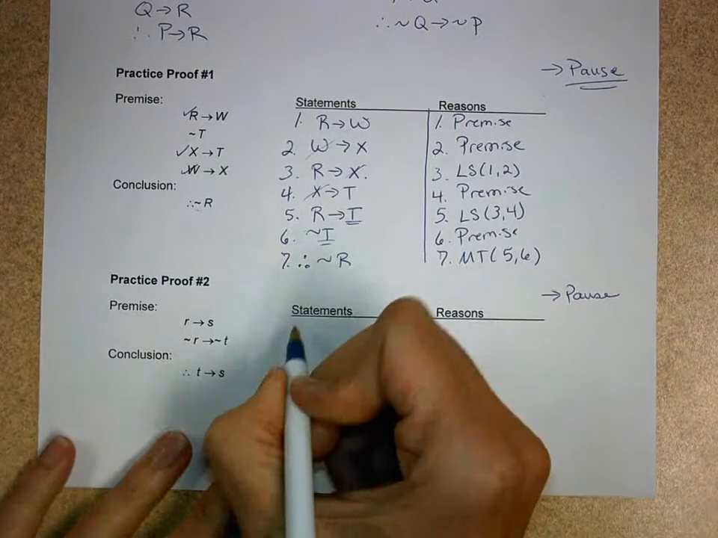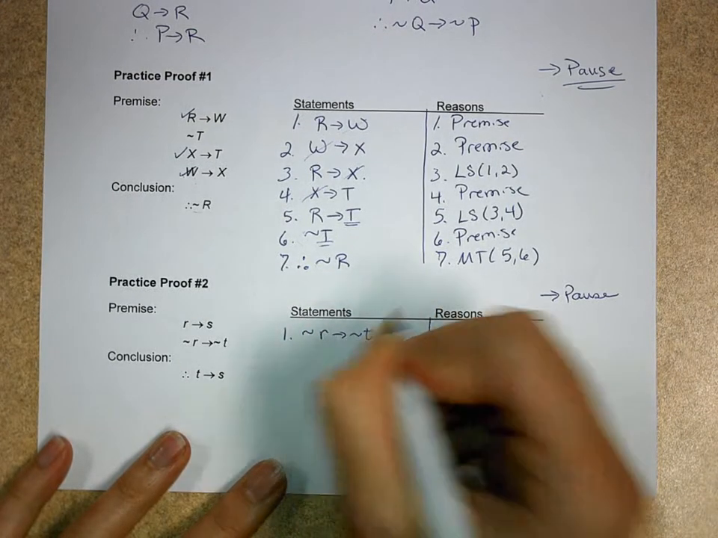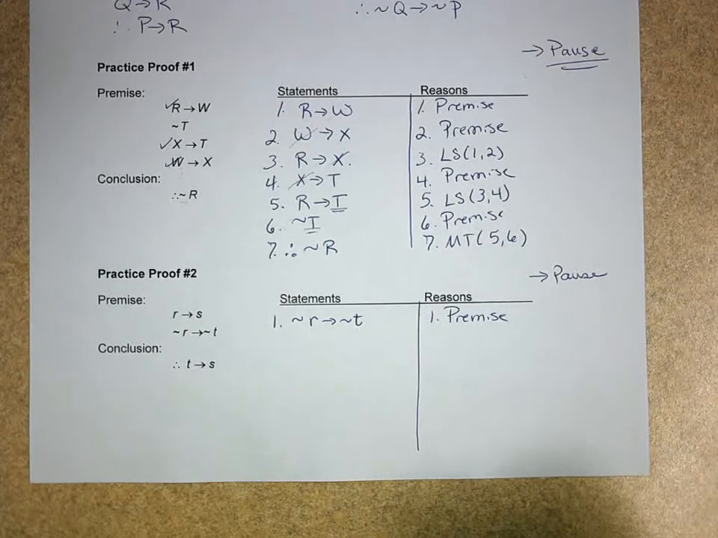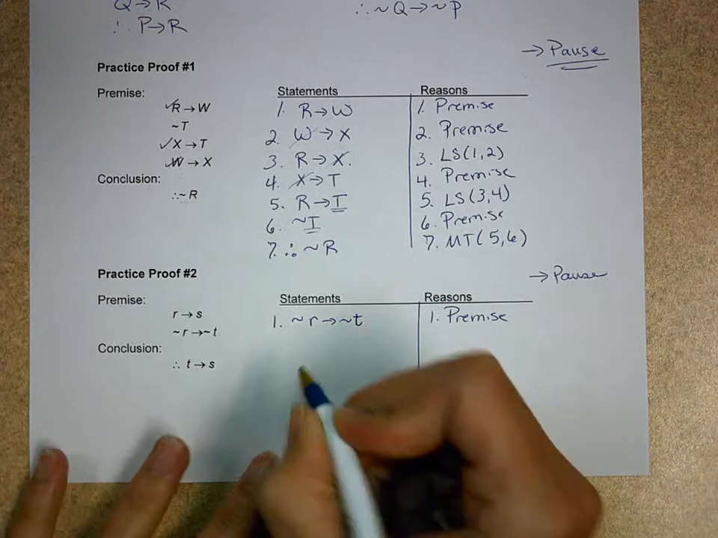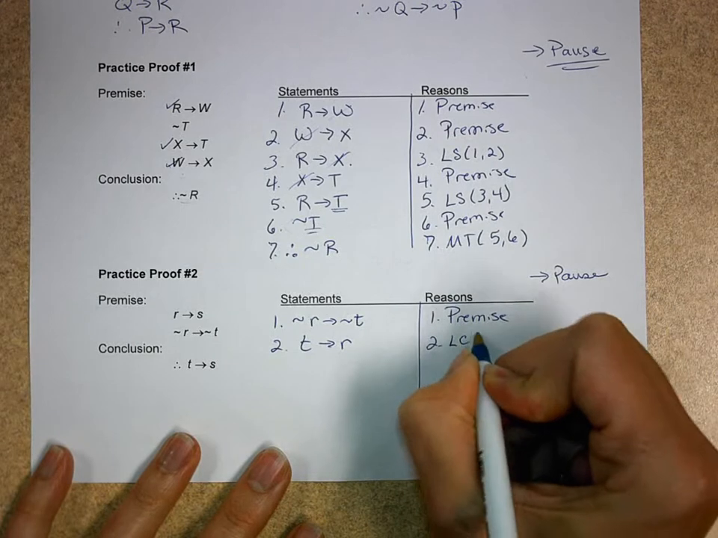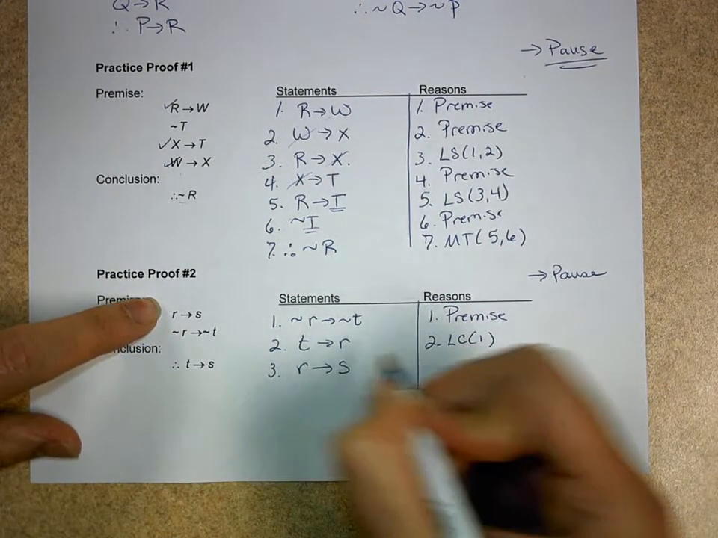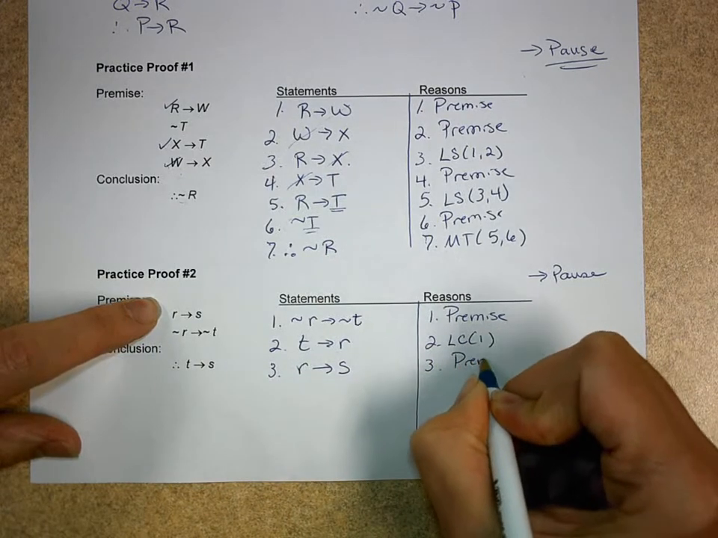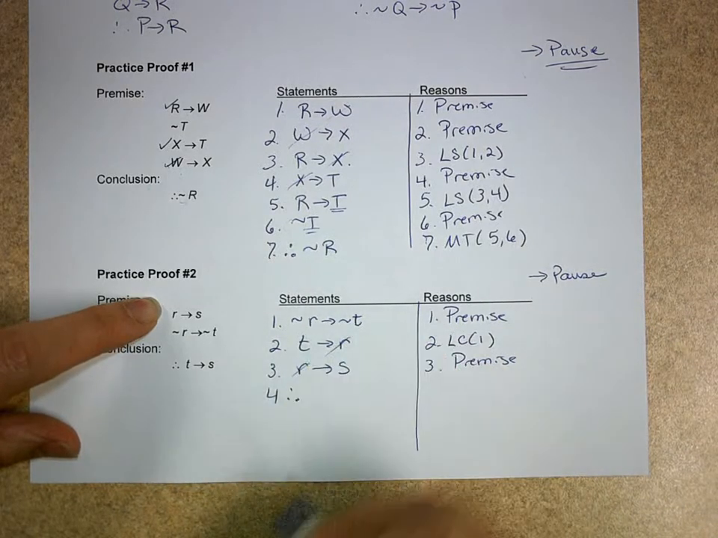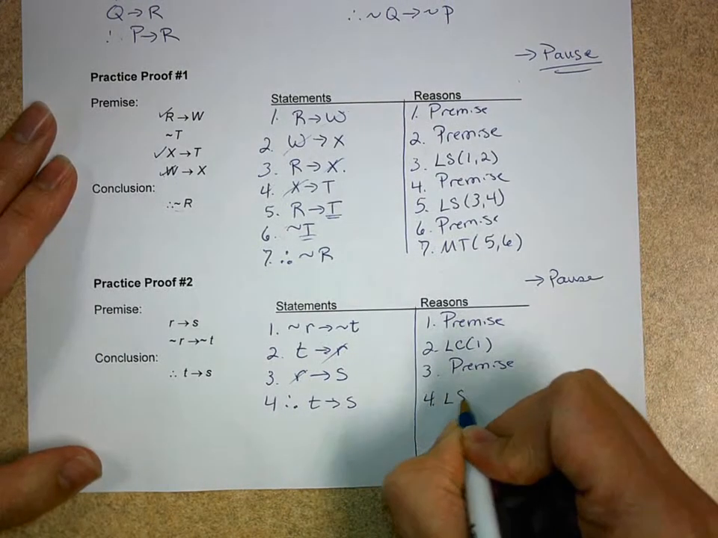So the first thing I'm going to do is go, if not R, then not T. Now, what is the one logical argument that can use a single conditional statement? That's right, law of contrapositives. So you get if T, then R, and that's LC1. Now I go back and I go, if R, then S. I write my other premise down. And when you do that, you get therefore, because those simplify out, if T, then S, that's going to end up being LS